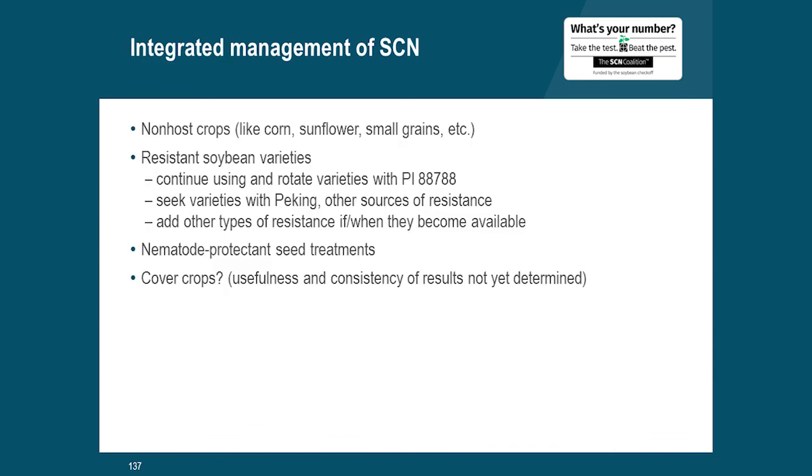This is my final slide. This is the future here. Non-host crops, we want people to grow non-host crops because it lowers numbers. We got to keep growing resistant soybeans. It hurts me to say, even those with 88788. I mean, we don't have a choice. We have to. Farmers are going to need to seek out varieties with Peking and other sources of resistance, and if something new comes on the market, boy, I think we're going to have to really work and adapt and adopt those as well. We need to consider using these nematode-protectant seed treatments,